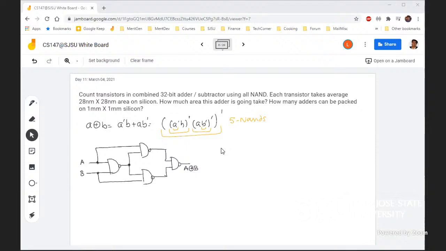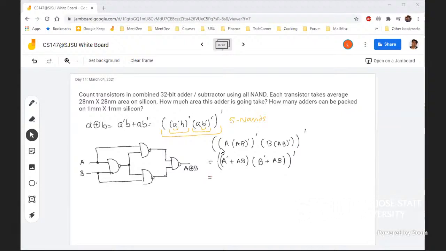Your function is (A·(AB)') with (B·(AB)'), whole bar, which by De Morgan we can write like (A' + (AB)'), (B' + (AB)'), whole bar,